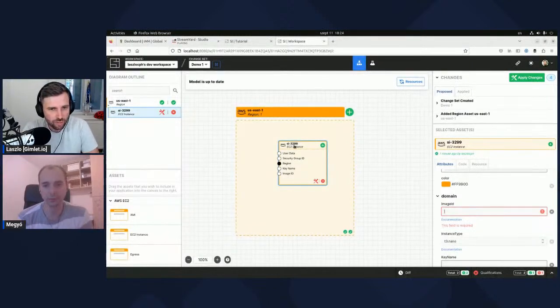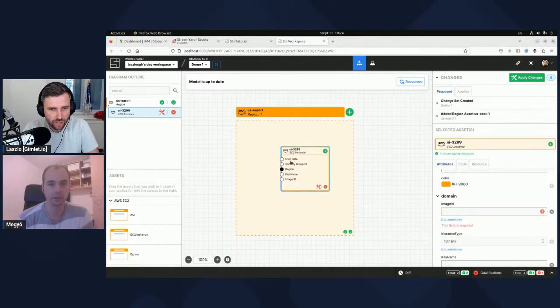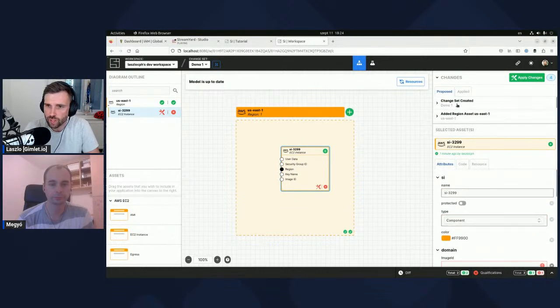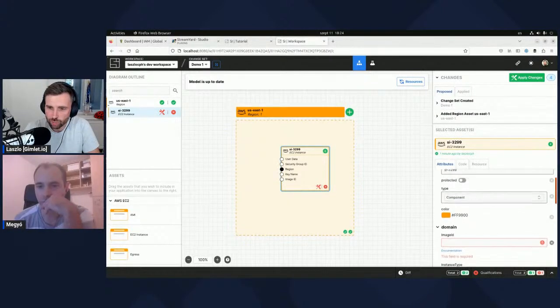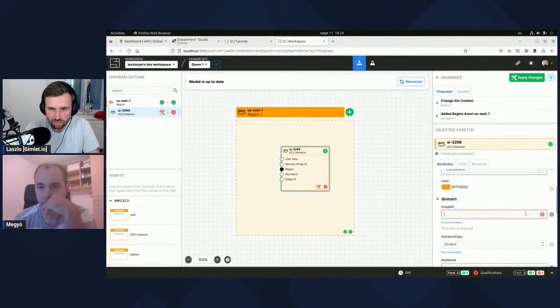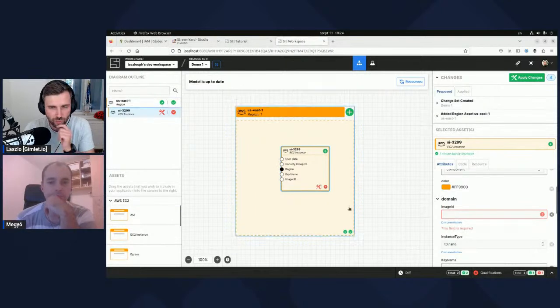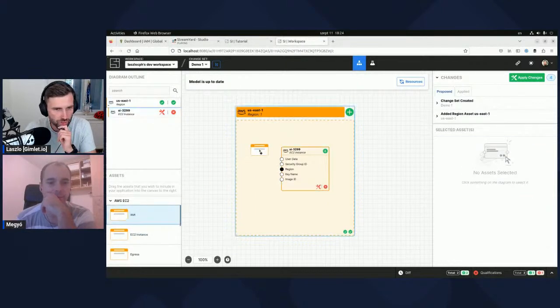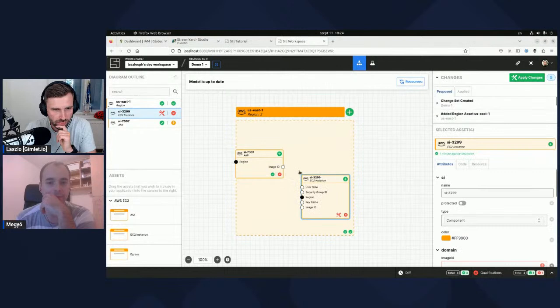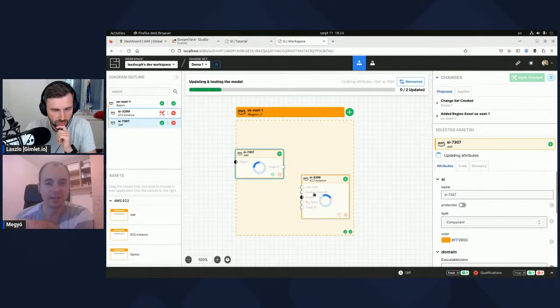I have a question. So this is inside the region. I suppose it is already set, the region somewhere. Exactly. Yes. It's up there. Okay. And then I need to provide an image ID. It's an AMI, I suppose. Exactly. So I should pull this in. Yeah. Okay, and then you can now.